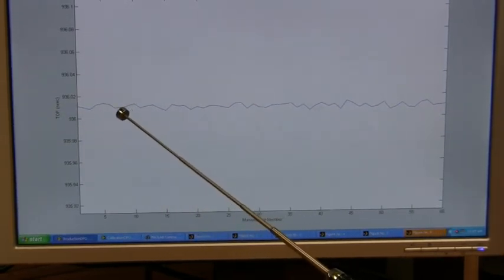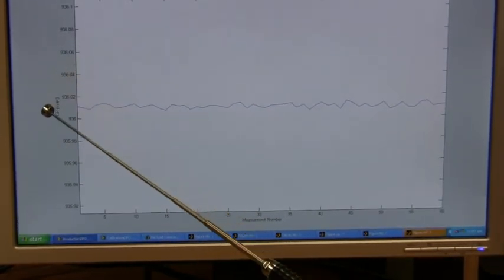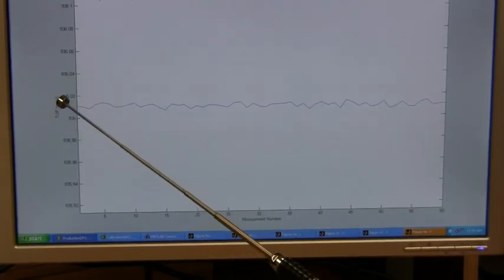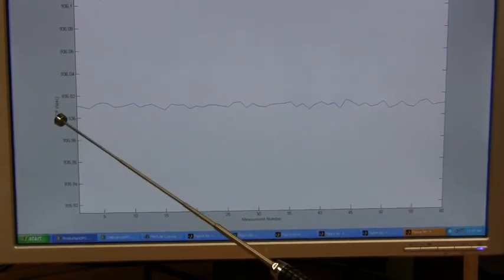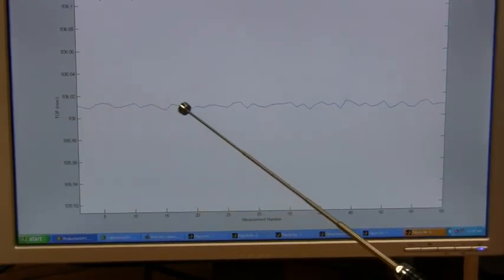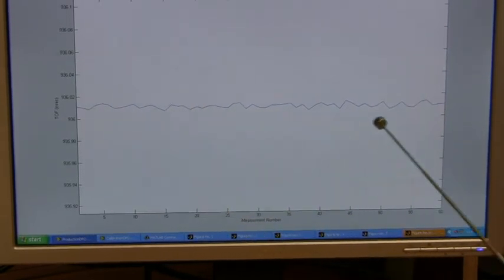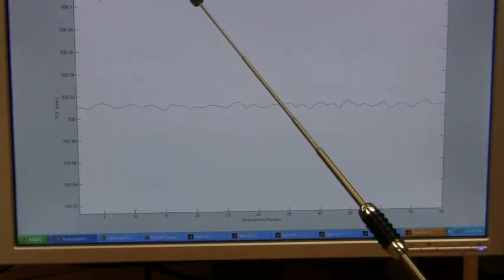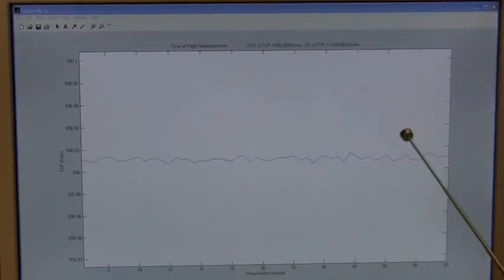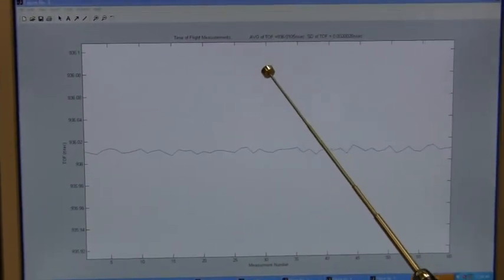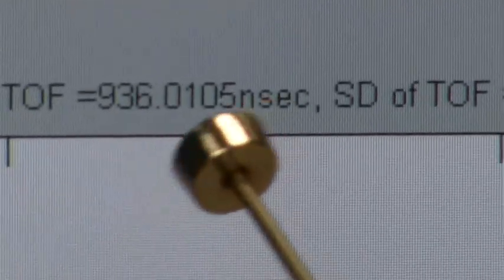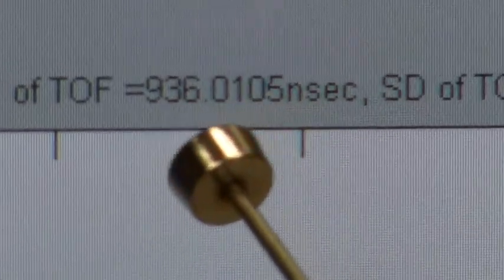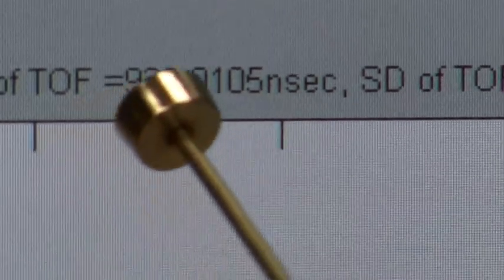To see what that means, you look at the difference in the scale on the vertical axis. Going between two levels here is only 2 picoseconds. So all of that data is well within 2 picoseconds. The actual average of those 60 measurements is 936.0105 nanoseconds. We usually just stop at the picoseconds, so it's 936